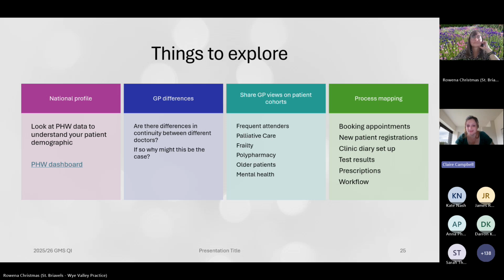So finally, you can consider process mapping. Look at the practice processes and how they impact continuity, understanding what actually happens, not just what's supposed to happen within the practice, breaking it down step by step. You can begin to understand the challenges and the opportunities for continuity of care, as well as avoiding duplication. So you can look at how you book appointments, how you can encourage continuity of care from that booking point, understanding how it can be honoured if requested, and what messages are given to patients regarding continuity.